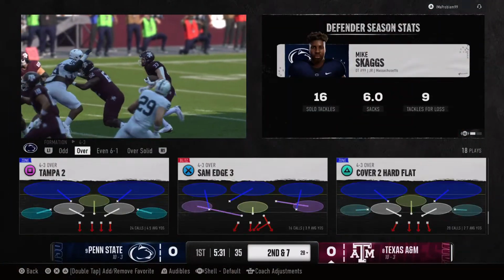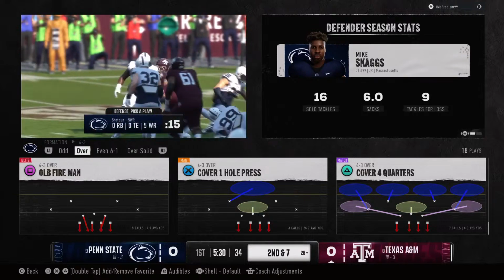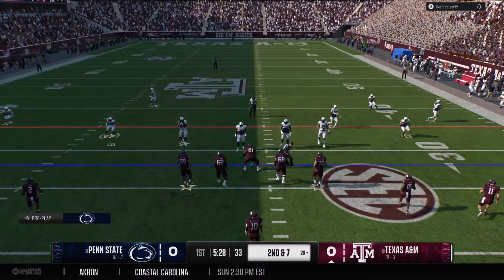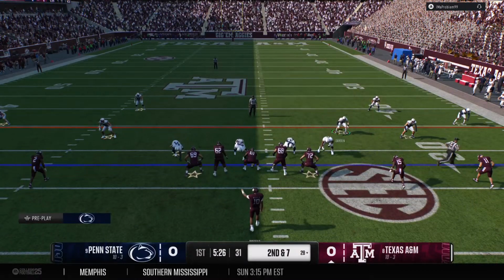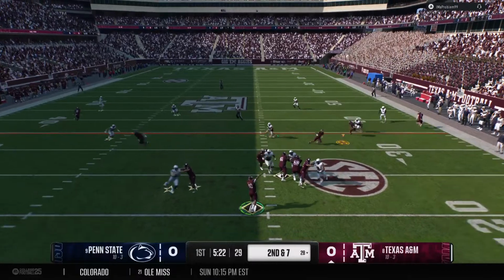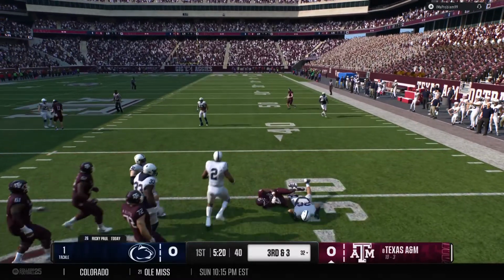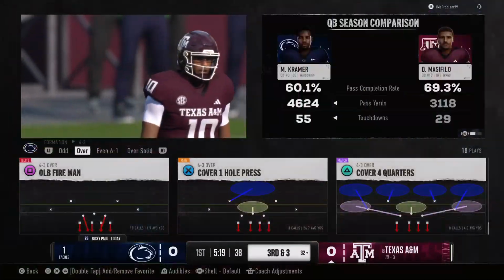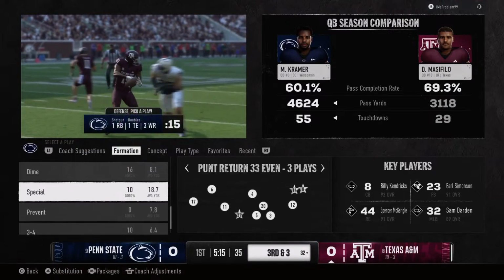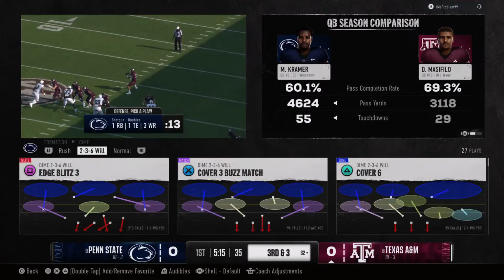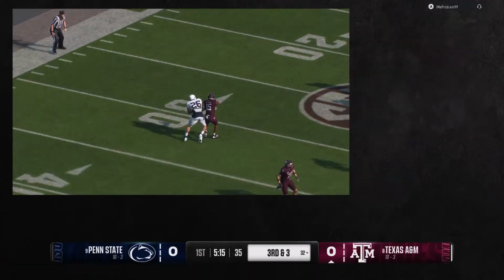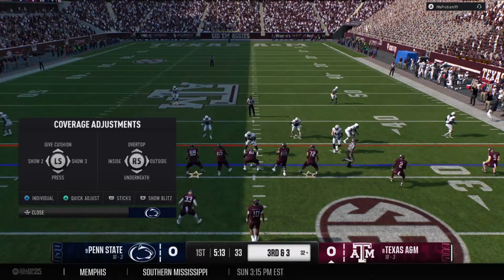You know, in the era that we live in right now, everybody wants to spread the field around, try to create space, try to create one-on-one matchups, and the defense has countered over the years by trying to play out wide. But here's a great example. The defense has the ability to play wide, but still be solid at the line of scrimmage, not give up big run plays. Tackle made after the completion. Defenses all around the country have got to do a better job of keeping an eye on these little guys from the slot. They can dismantle a defense with their speed and quickness in the open space.